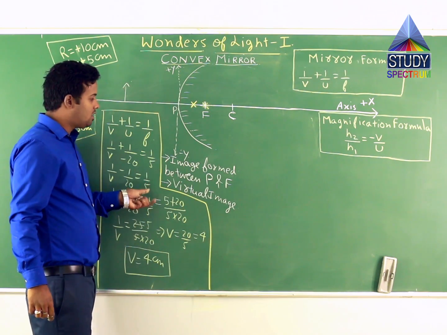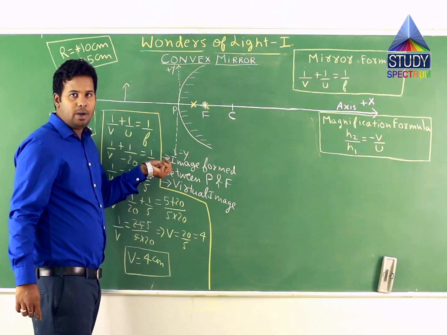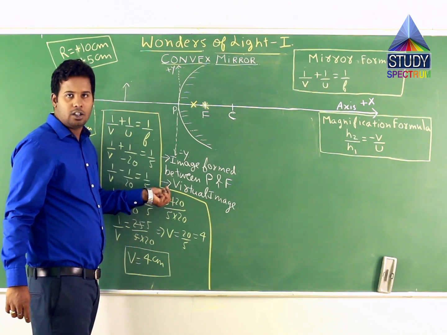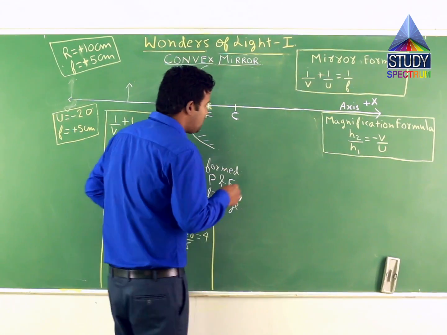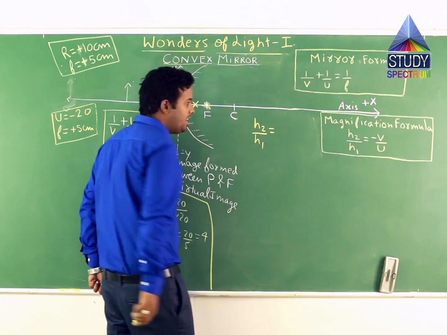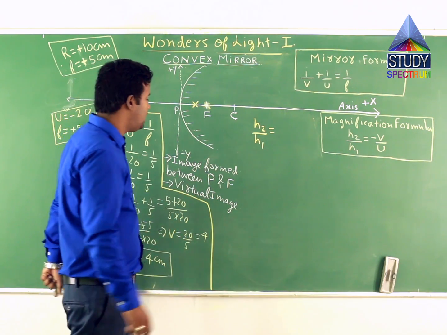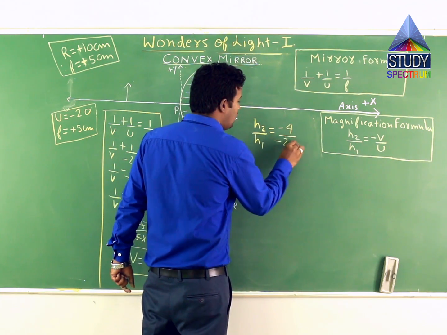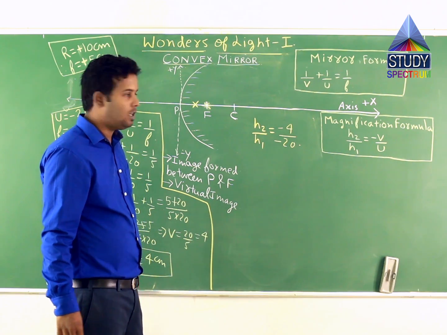Correct? So two results I have from the mirror formula. The first result is the location of the image, that is, the image is formed between P and F, and the image is virtual because it has been formed behind the mirror. If I use the magnification formula, H2 by H1 is equal to minus V by U, and I substitute the values of V and U in this equation, then it becomes minus of 4 divided by minus of 20, because the value of U is minus 20 and V comes out to be plus 4 centimeters,